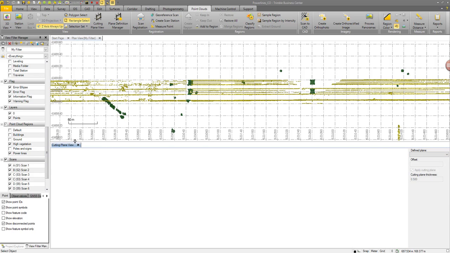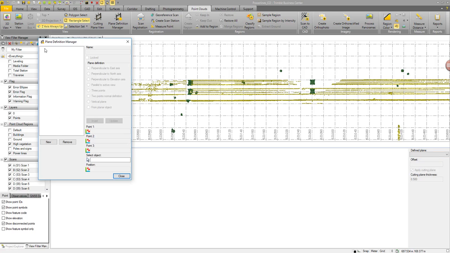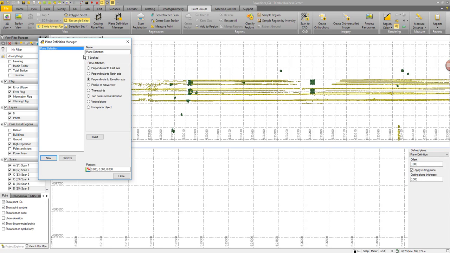So in my cutting plane view on the lower half of my screen, in the define plane, I don't have anything selected because I don't have any cutting planes defined. I'm going to hit the drop-down window and say New Plane Definition. Plane Definition Manager launches. I'm going to say New, and I'm going to define a name for my cutting plane. We are wanting to extract the power line from a portion of this data set, so I'm going to call